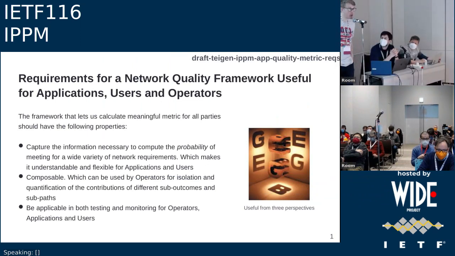Hello, everyone. My name is Björn Teigen, and the purpose of this draft is to point out as clearly as possible that different stakeholders have different needs from a measurement tool and the metrics associated with that, and then to list a set of requirements that make it possible to address all of those needs simultaneously. The three main properties that we've identified are capturing the information necessary to compute the probability of meeting network requirements, and metrics should be composable,